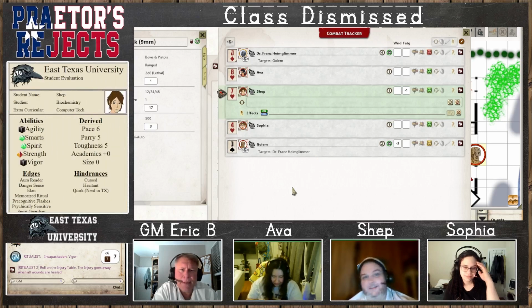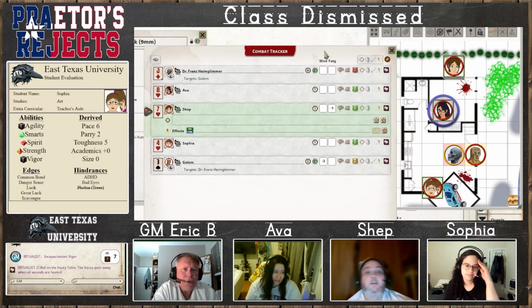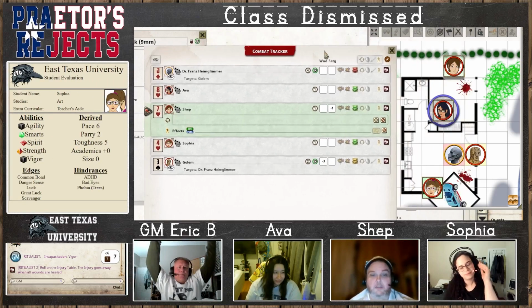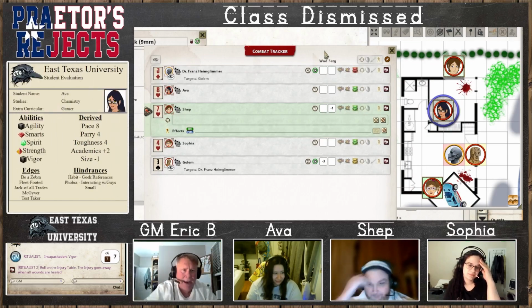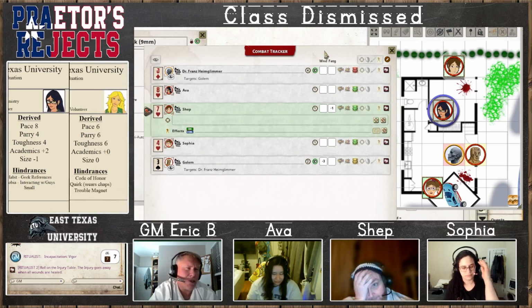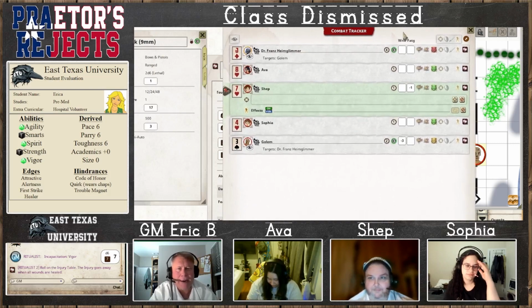Goodness gracious. And the last thing I'll do is, through the door, I'll go burn everything I can. You see Ava in there, and she had just taken an urn from above her head and slammed it down onto the ceramic, like travertine or marble or just ceramic tile, and it's a perfect surface for breaking